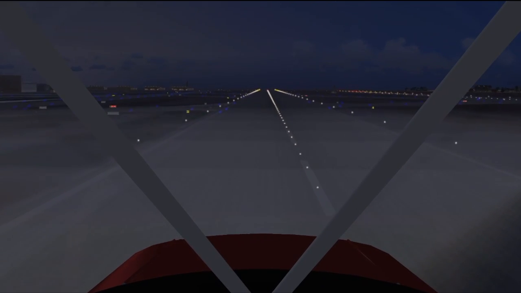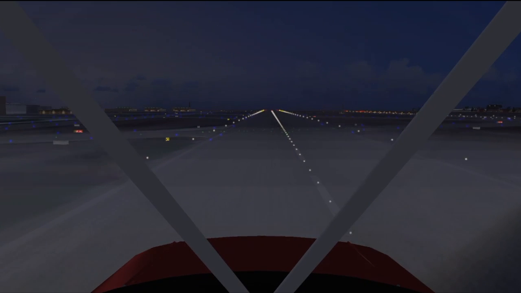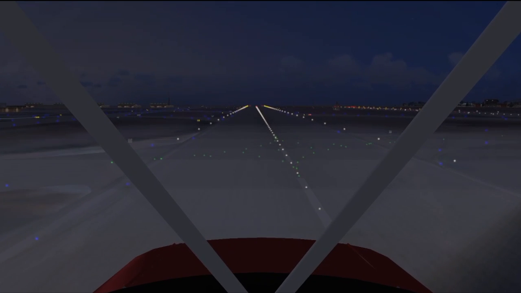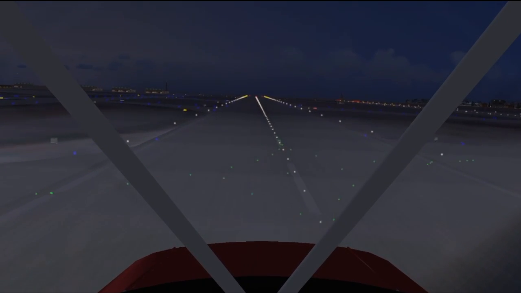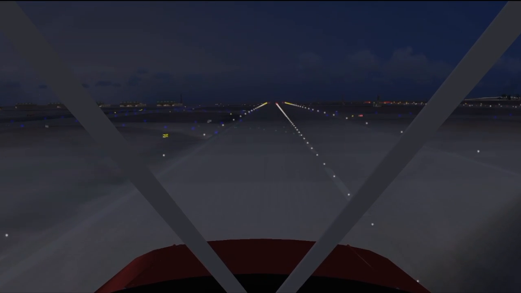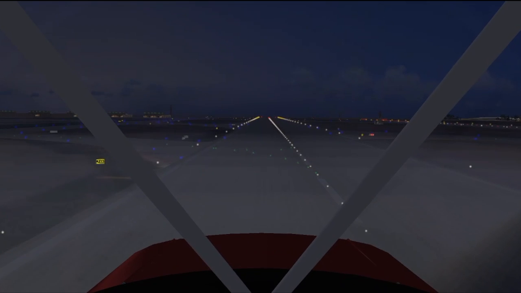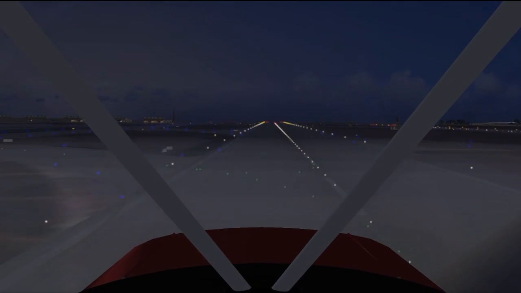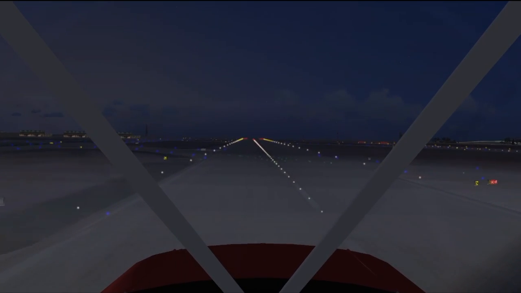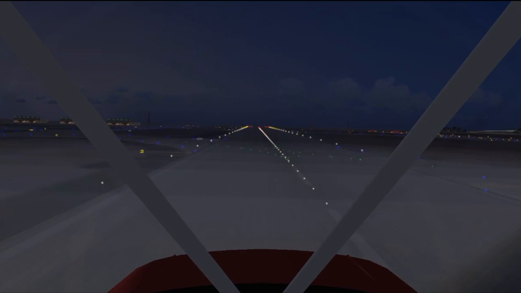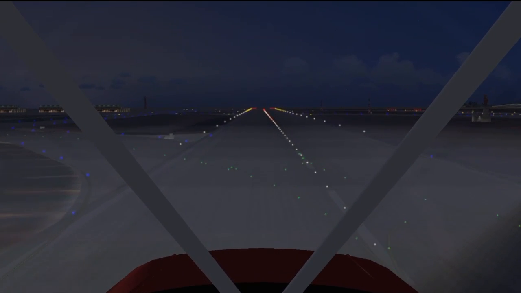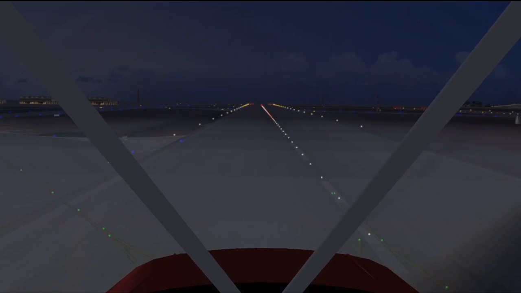As you slow down, you want to make sure that you're going straight on the runway. So we still have a lot of runway left, so we can do whatever we want at this point. Don't pull up really, because you could stall that way. Stalling is basically just you don't have enough speed and you start falling, but stall does not happen that often in big aircraft because they have really low